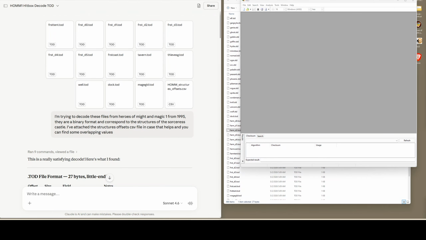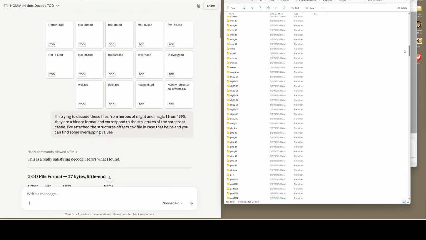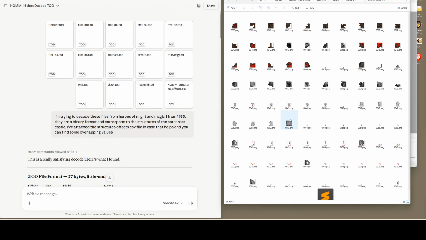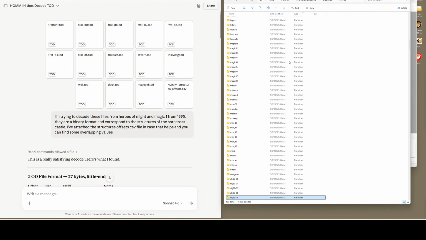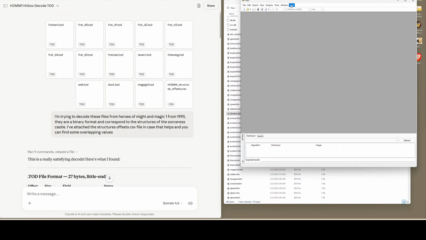So one of the things, this is inside of the heroes.agg file. You have all these different ICN sprite files that have numerous sprites in the game. And in the root of that heroes.agg, you have all these 82M files, which are various sound effects of the game from the battle and the loops. These binary files here are